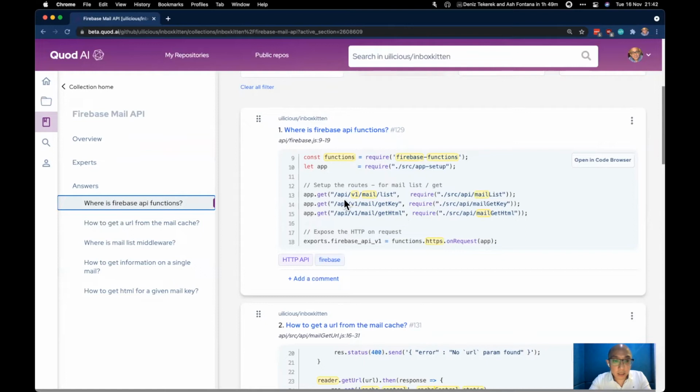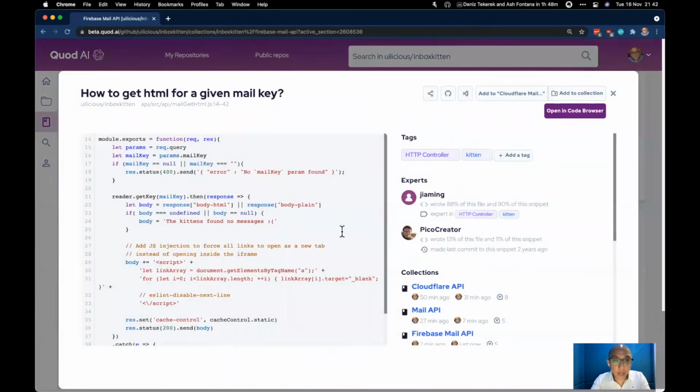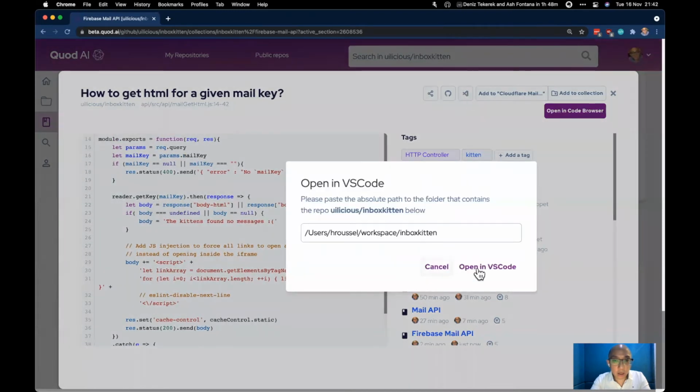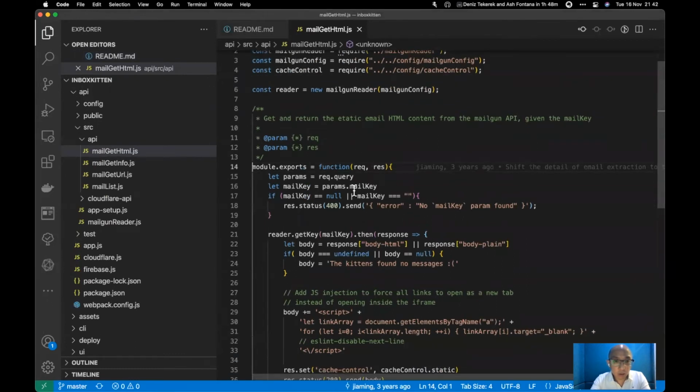So now let's have a look to have a better idea of the endpoints. Let's deep dive into one of the endpoints, specifically the email retrieval endpoint. So I think it's get key or get HTML. So we can open that in Quod AI, but to read the full snippets, we can also open in VS Code, which I already checked out the code, so I can see that directly in VS Code. So we have some